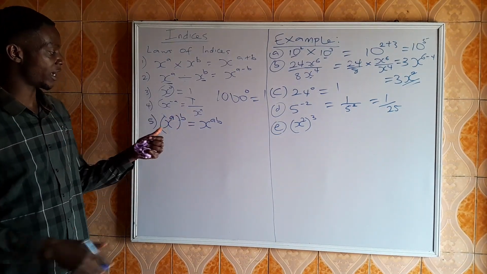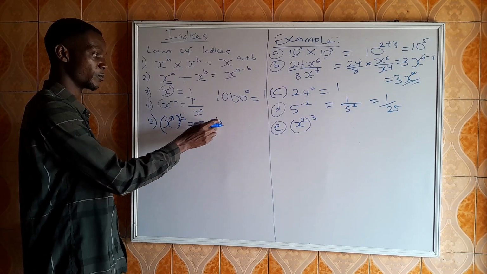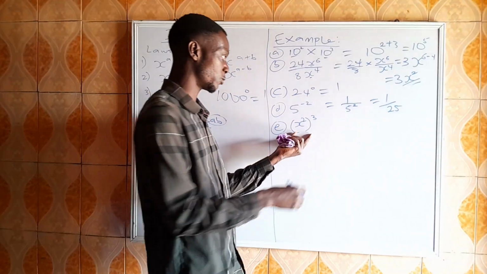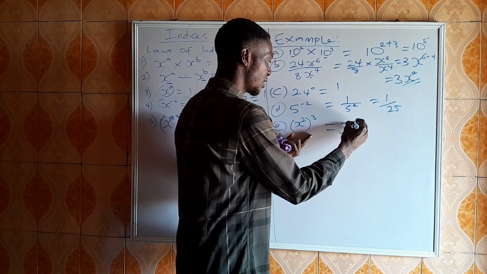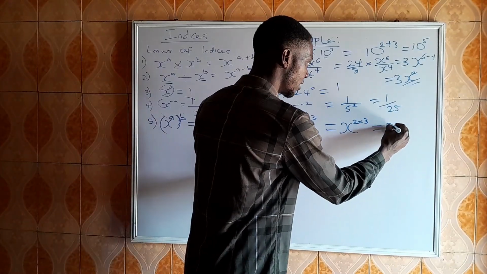And for the fifth rule, where you have x raised to the power a, everything in the bracket, then raised to the power b, it becomes raised to the power ab. That is, these two will multiply each other. So we have here x raised to the power 2 multiplied by 3, which is x raised to the power